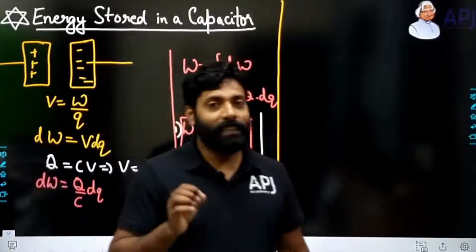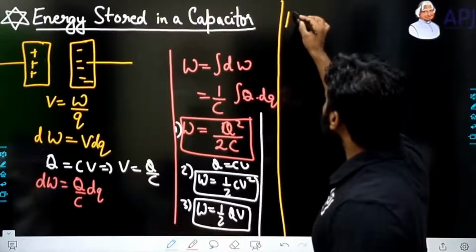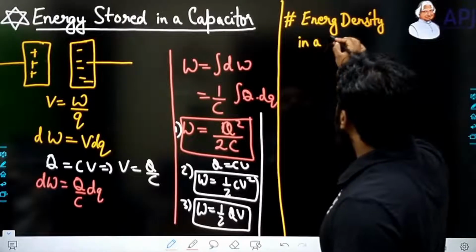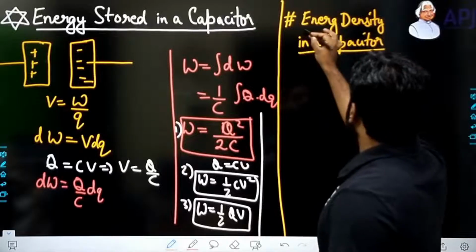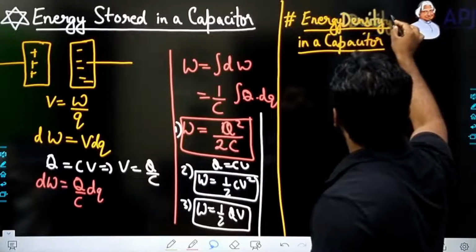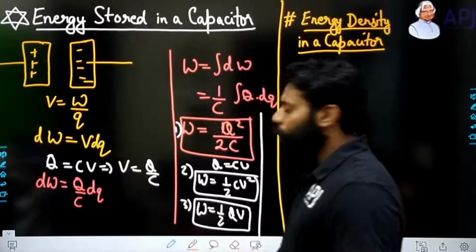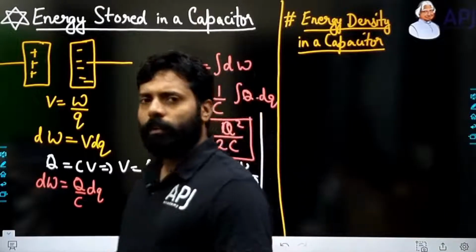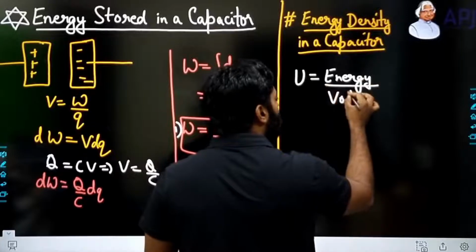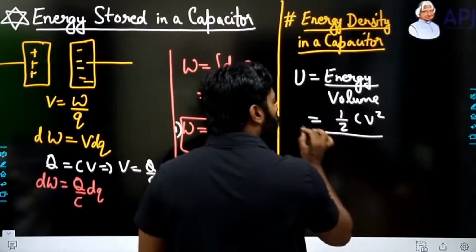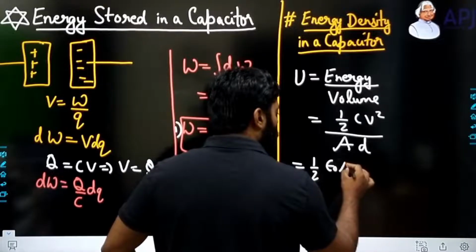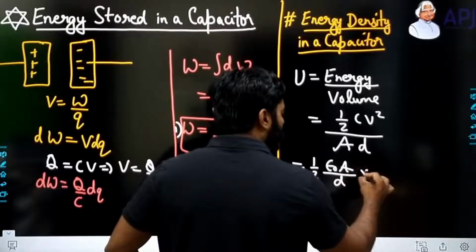एक और चीज हमें करनी है जो हमारे पास है, energy density in a capacitor, ठीक है। Energy density in a capacitor. तो अगर हम बात करते हैं energy density की, if we talk about energy density, तो कैसे हम बात कर सकते हैं। आप बोल सकते हैं भाई energy upon volume। Energy density का तो मतलब यही है कि energy upon volume। तो मैं बोल सकता हूं energy upon volume, बिल्कुल सही। Energy हमारे पास क्या है, half CV square, और volume आपके पास क्या है, Ad। C आपके पास क्या है, epsilon naught A by d। V square आपके पास क्या है, Ed, लिख लो इसको।